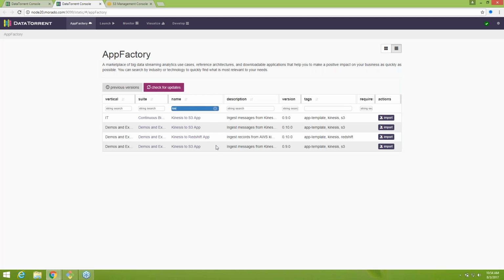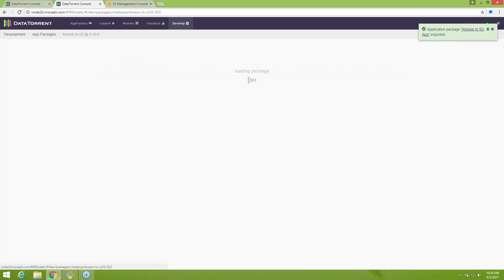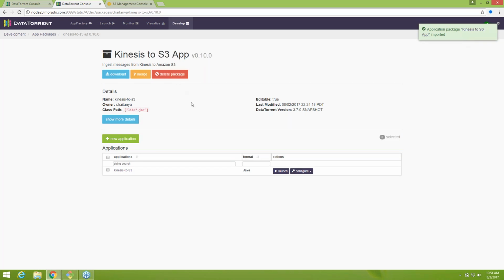So these are the app templates that are available. Now let's pick up the latest version. First we need to import this application, so I'm clicking import. This imports the application, and we can see here the application is imported. Once you click on this, it navigates to the application. Here we have the details of this application. If you can see here, there is a launch button. If you click on this button,